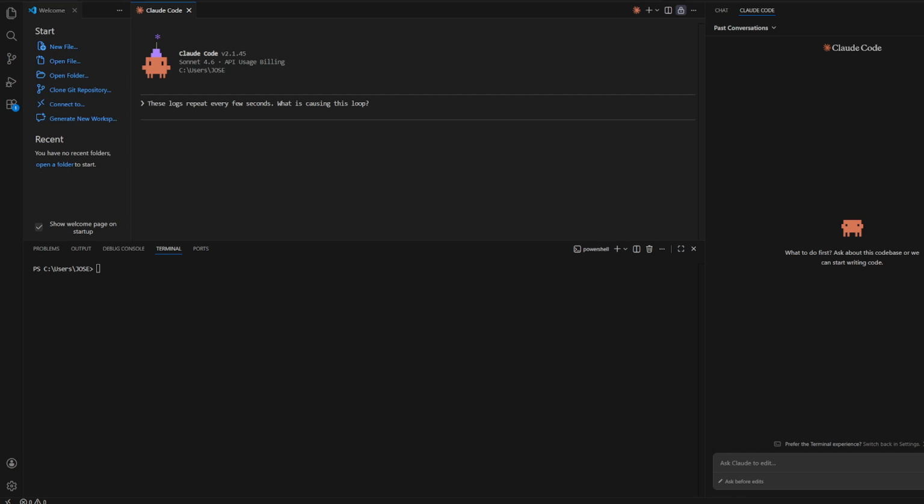Monitoring performance is another key aspect of log analysis. If your API is slow, you can paste logs that show response times and ask Claude questions about the delays. For example, you might say, these logs show response times. Why are some requests taking 3 seconds? Including details like timestamps and database query logs will assist Claude in suggesting optimizations such as indexing, caching, or